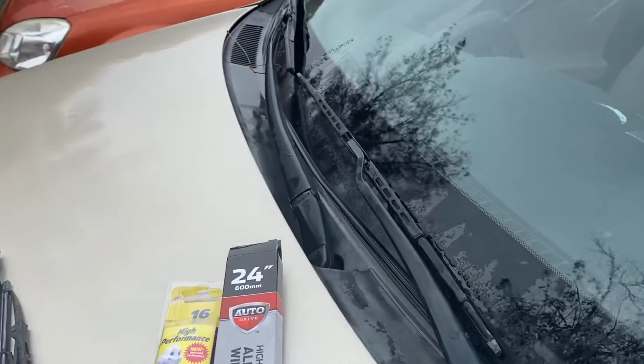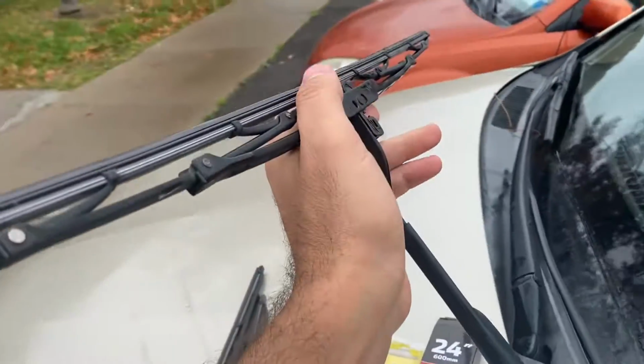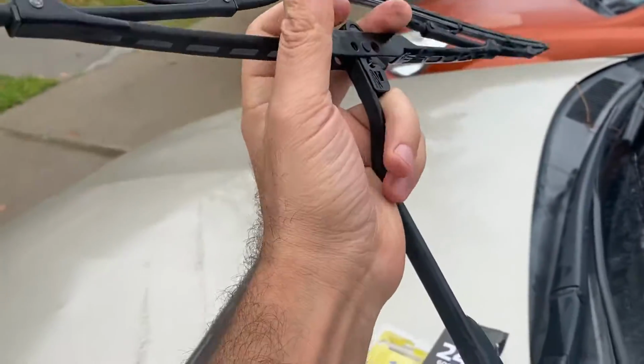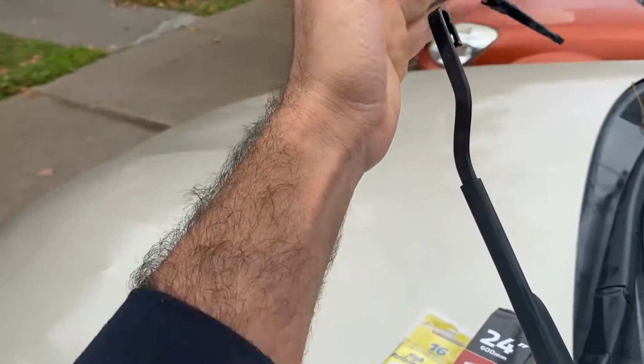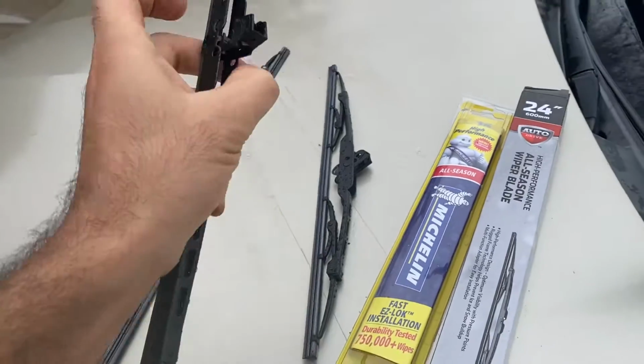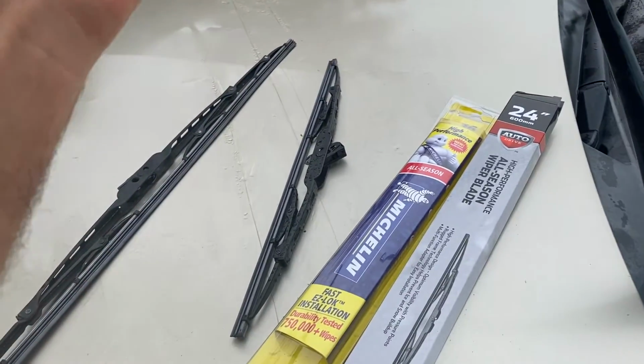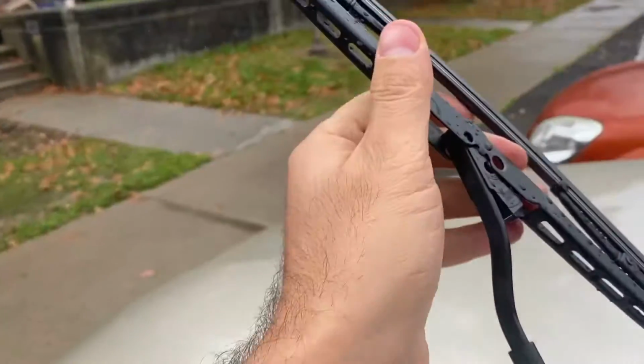Now guys, how do you change this one? It's pretty easy. As you see, what you will do like that and push down. It will go back. Just pull out. So you will bring a new one by the same way. Yeah, so you see,